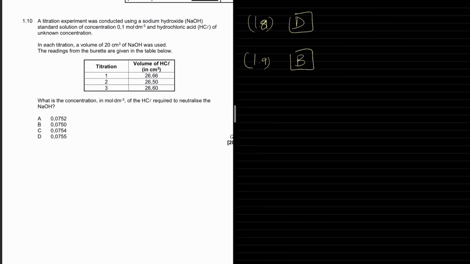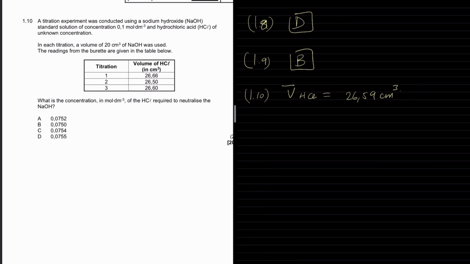Okay, what is the concentration in moles per dm cubed of the HCl required to neutralize the NaOH? So what we need to do is first figure out the volume of the HCl that we used. You have 3 different experiments, 3 different titrations, so you take the average. You add up all of them and divide by 3, and you're going to get an average volume of